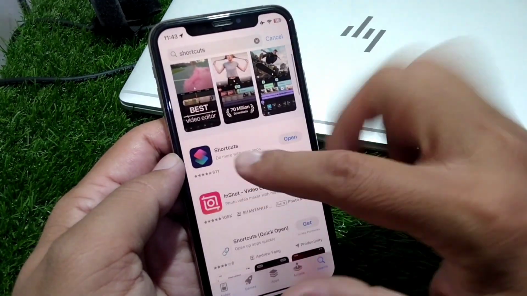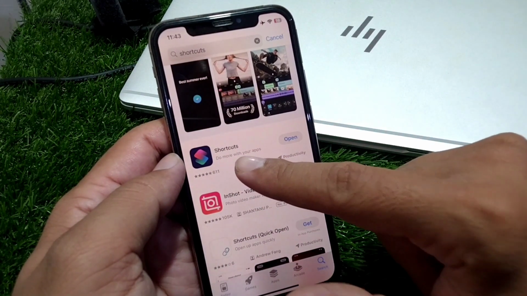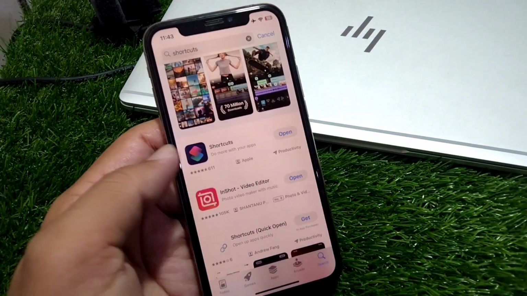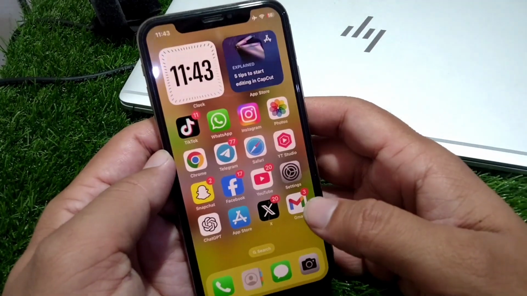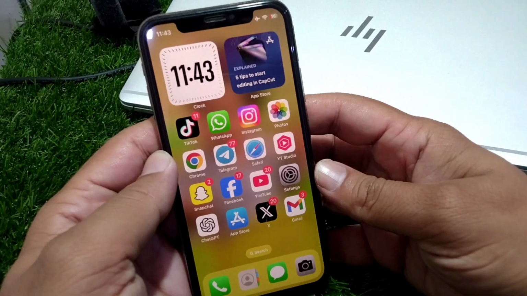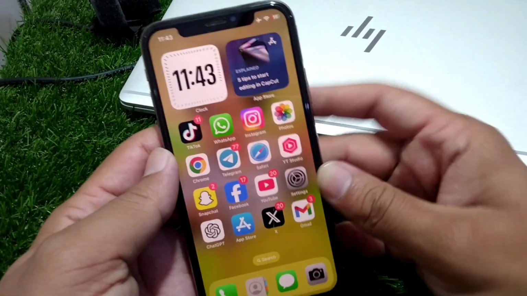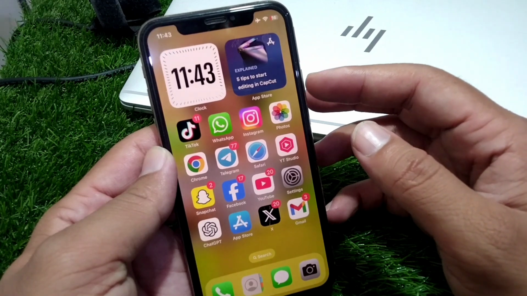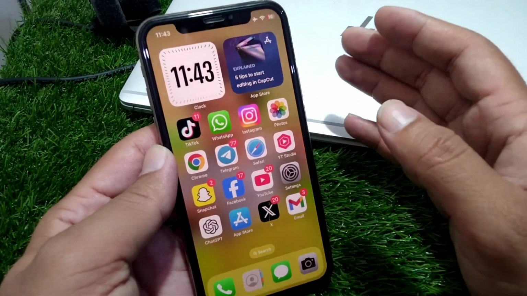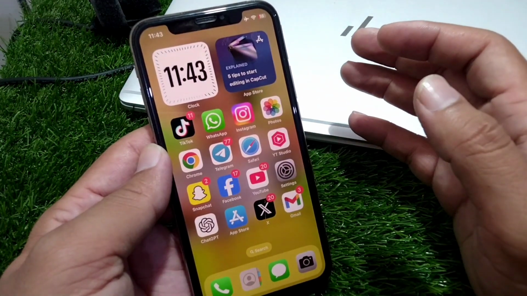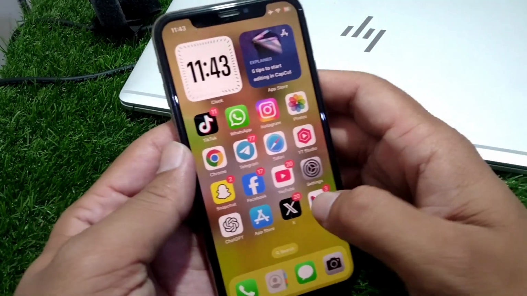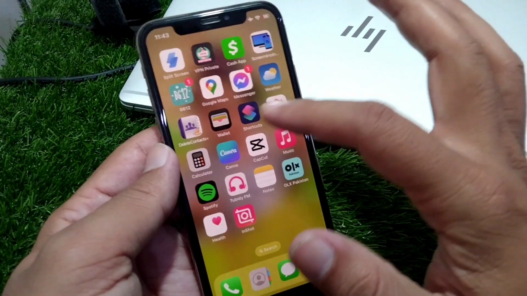And now you have to simply update your shortcuts app to the latest version. So guys, update this app and after this go back and now restart your device one time. So guys, for that press and release the volume up button and then down and keep holding the power button until your device restarts. So guys, do this and check if the problem is fixed or not, and if the problem is still there then you have to open your shortcuts app